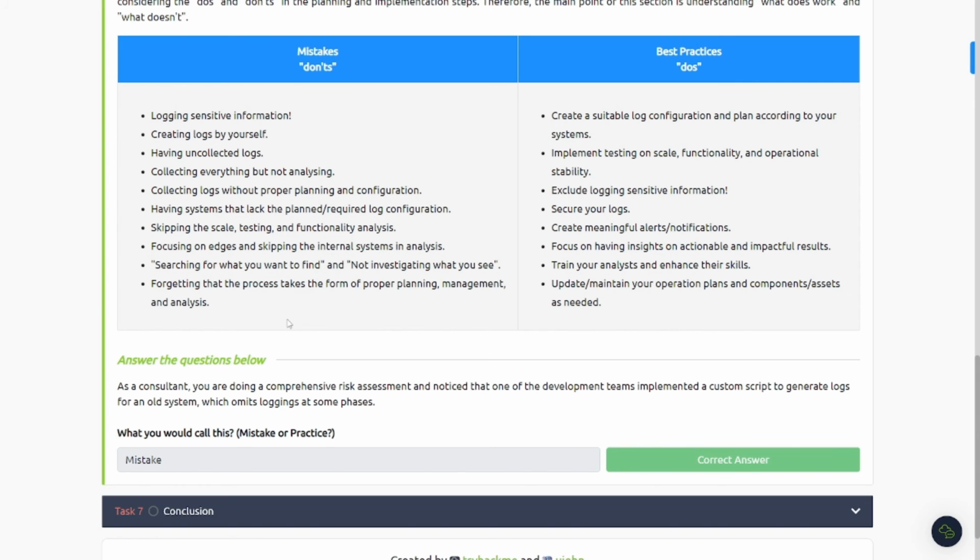Searching for what you want to find and not investigating what you see, forgetting that the process takes the form of proper planning, management, and analysis. And this could actually fit a few of these in here, right? Skipping stuff here, focus on edges, and skipping the internal systems analysis. So yeah, this is definitely a mistake. You don't want to do that, right? And this does happen in the real world,